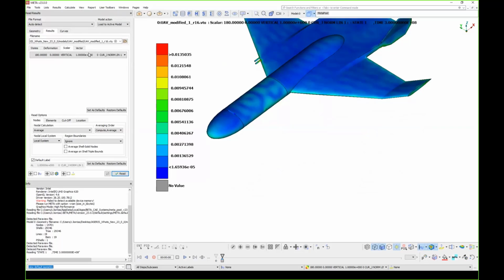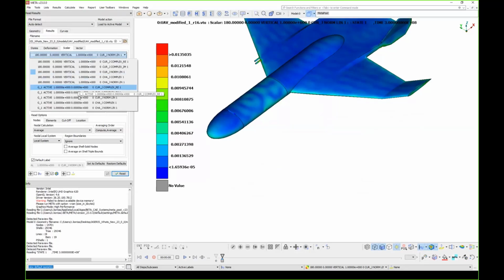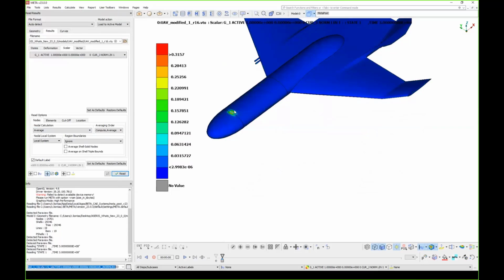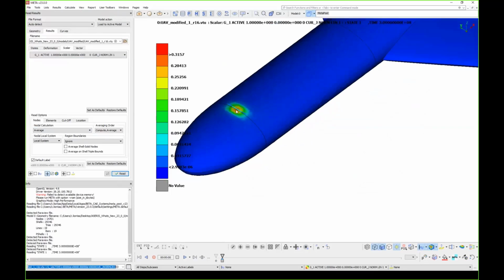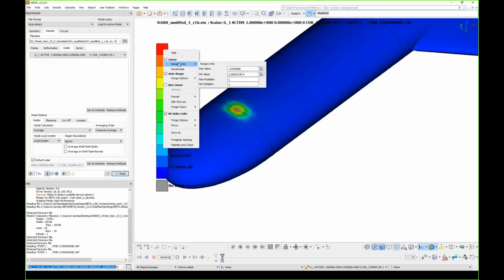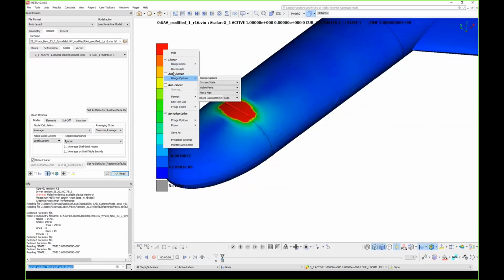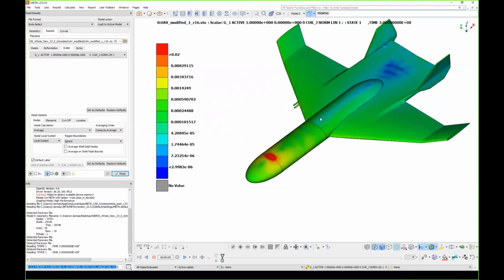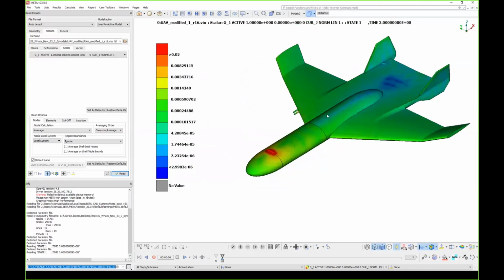And if you want, you can see also what currents are induced when the antenna is activated, like here. Okay, so here you have the antenna. So not much is going on because the highest fields are around the antenna. But you can change the limits, for example, to 0.02, and you can go to logarithmic range, nonlinear spacing, to have a better view here of the fields that are induced when the antenna radiates. So this antenna radiates, but because it radiates, it also induces electric currents on the surface of the plane, as you can see here.